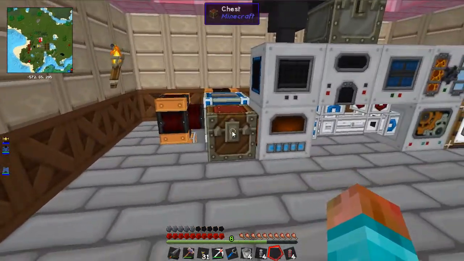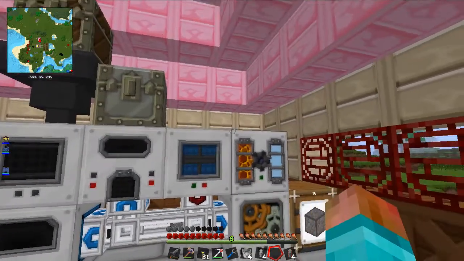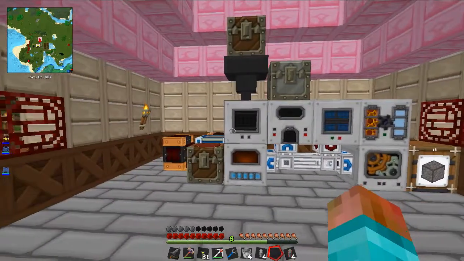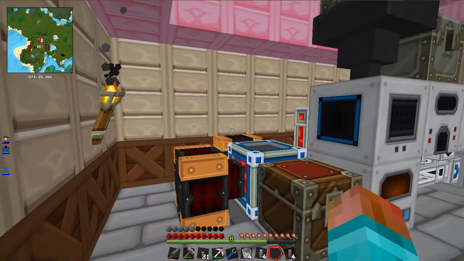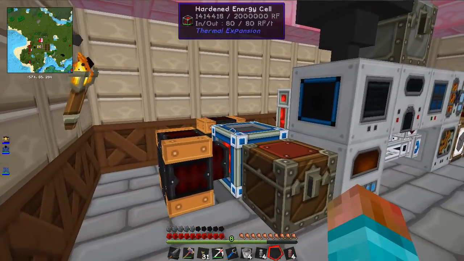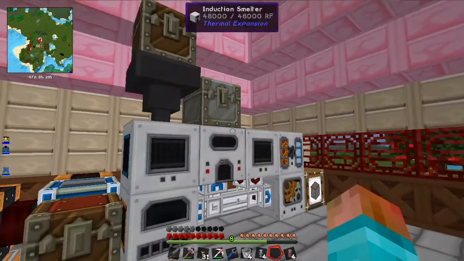So anyways, have our little setup here. Build our secondary pulverizer, our induction smelter, an igneous extruder, a cyclic assembler, and we have it all working together wonderfully. Next thing, what I'm probably going to do next season will be working on a different dynamo system, possibly upgrading the hardened energy cell into a redstone energy cell. I'll look into doing that. But for now, I hope you enjoyed watching thermal